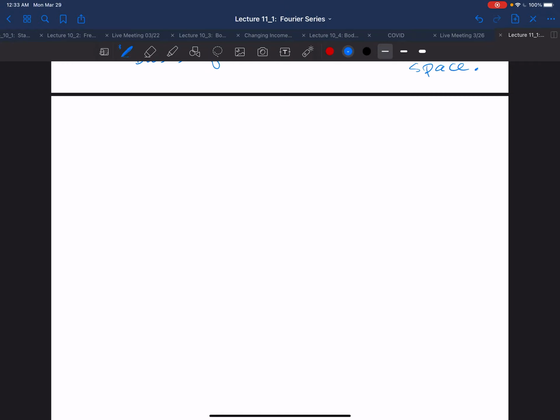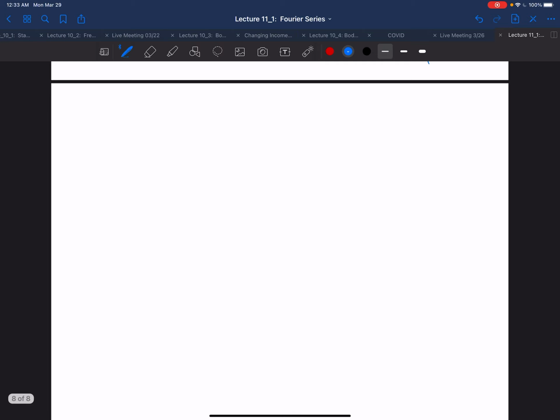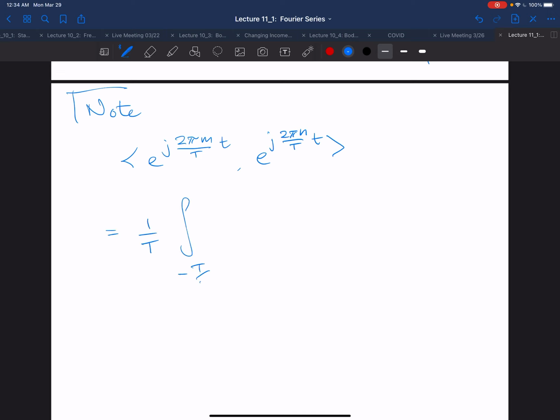Why do these exponentials form an orthonormal basis? Well, let's take the inner product of two of them. So let's take the inner product of e to the power j times 2 pi m over big T times little t with e to the j 2 pi n over big T times little t. That's going to be 1 over capital T times the integral from minus T over 2 to T over 2